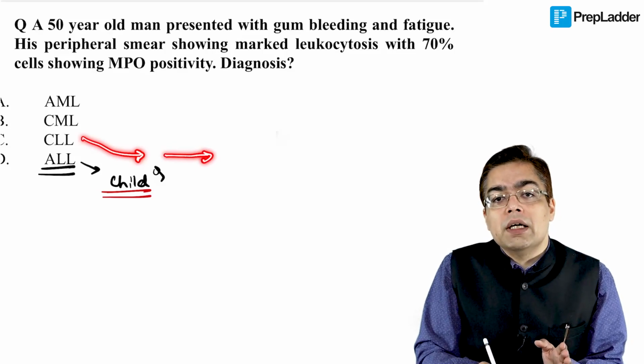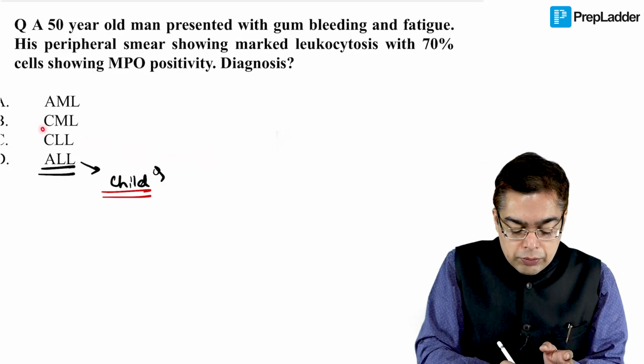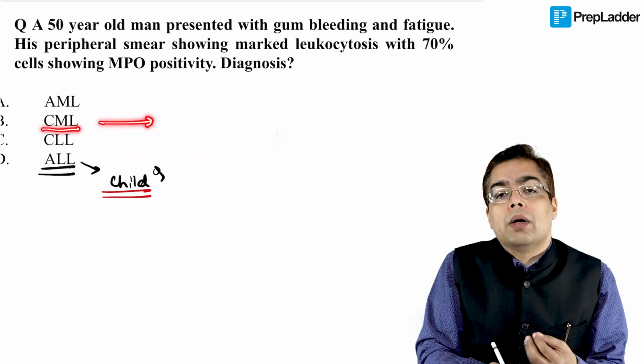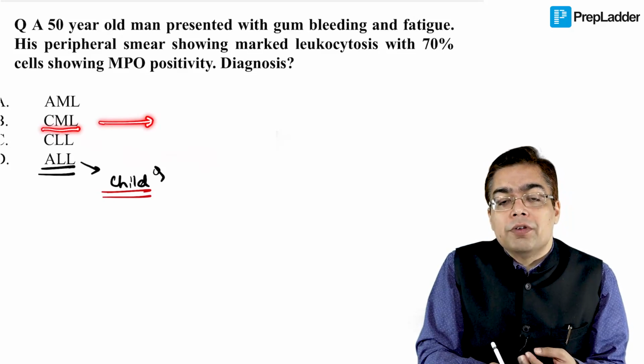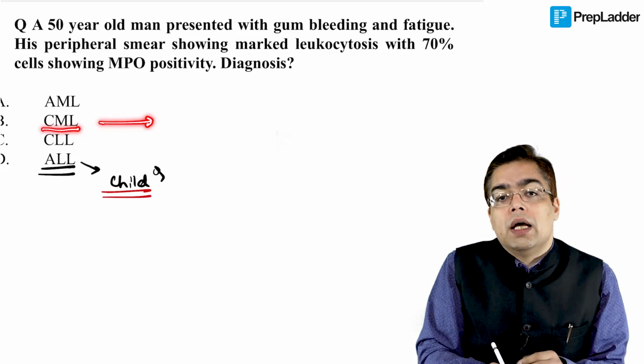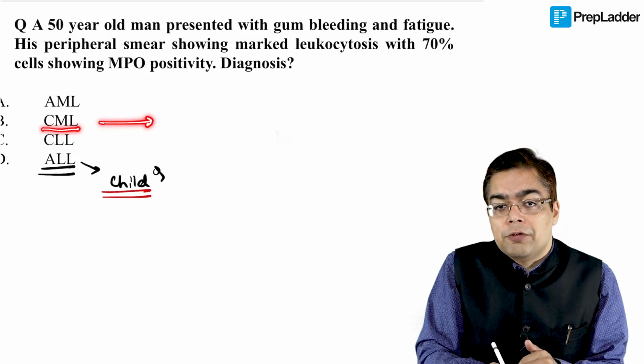He is going to be making a mention of the fact that when we are talking about something like CML, he is going to be talking about a patient having upper quadrant discomfort, particularly on the left side because of massive splenomegaly. And then he would be making a mention of maybe a combination of basophils and eosinophils being observed in the peripheral smear.